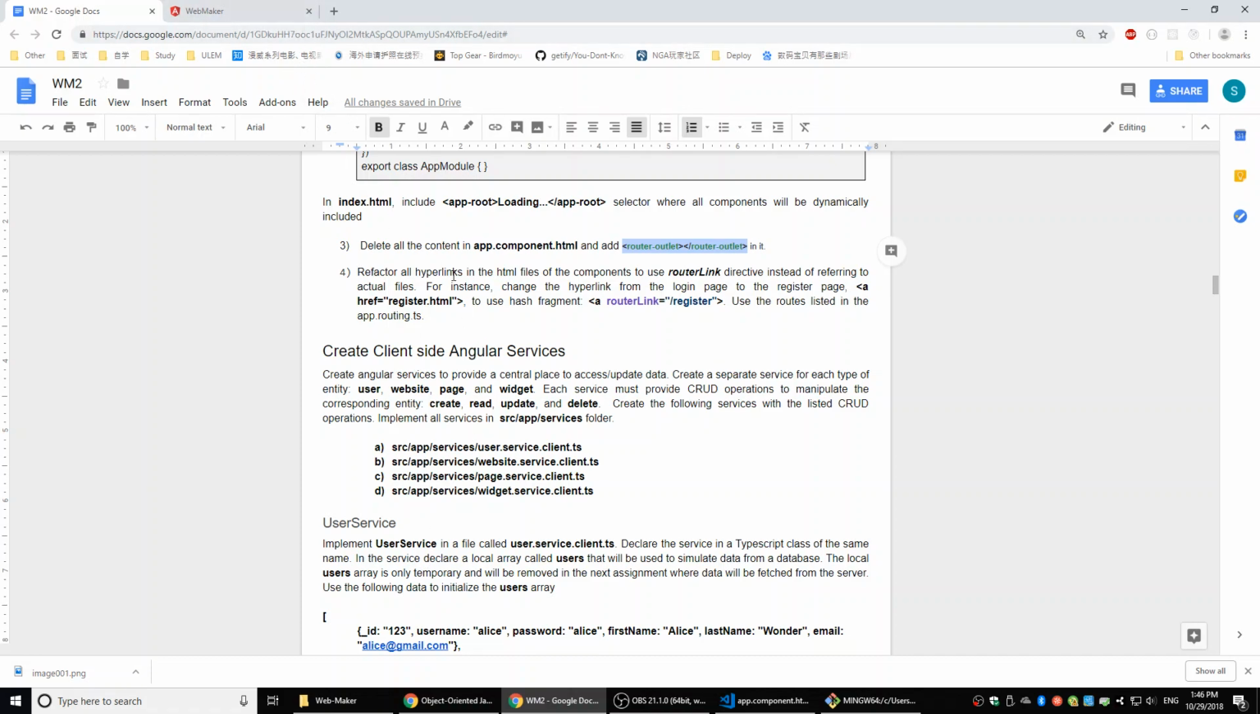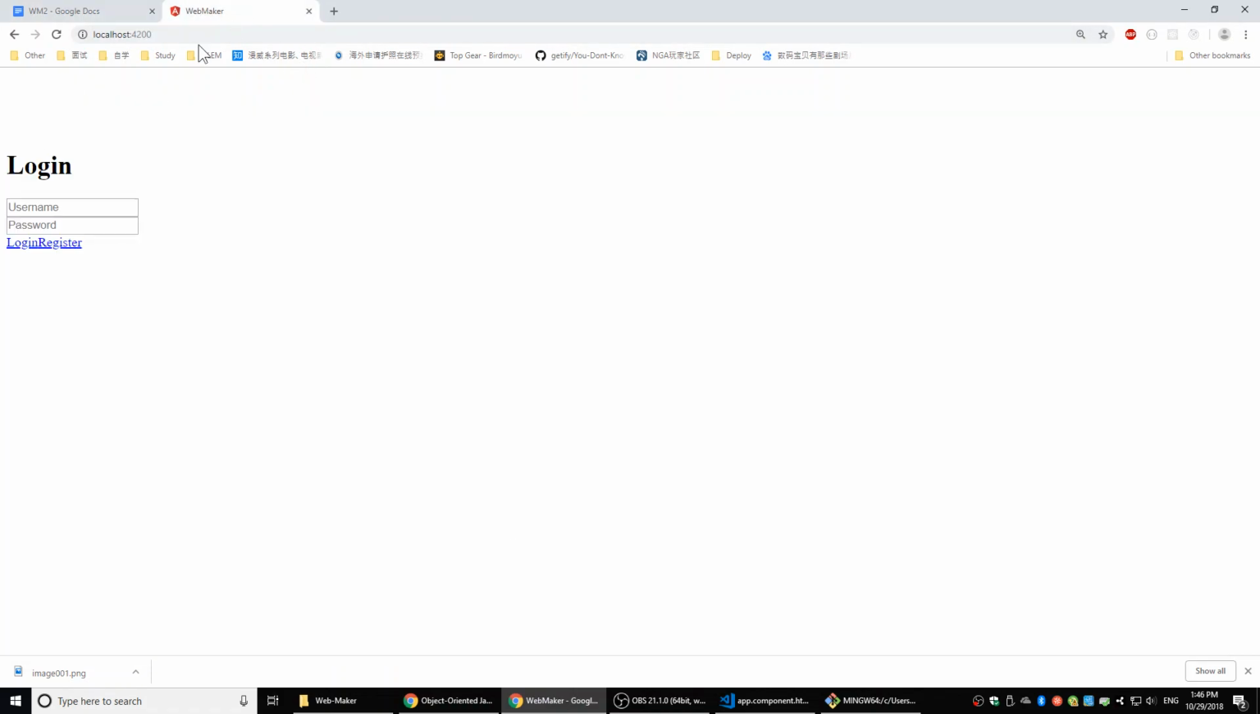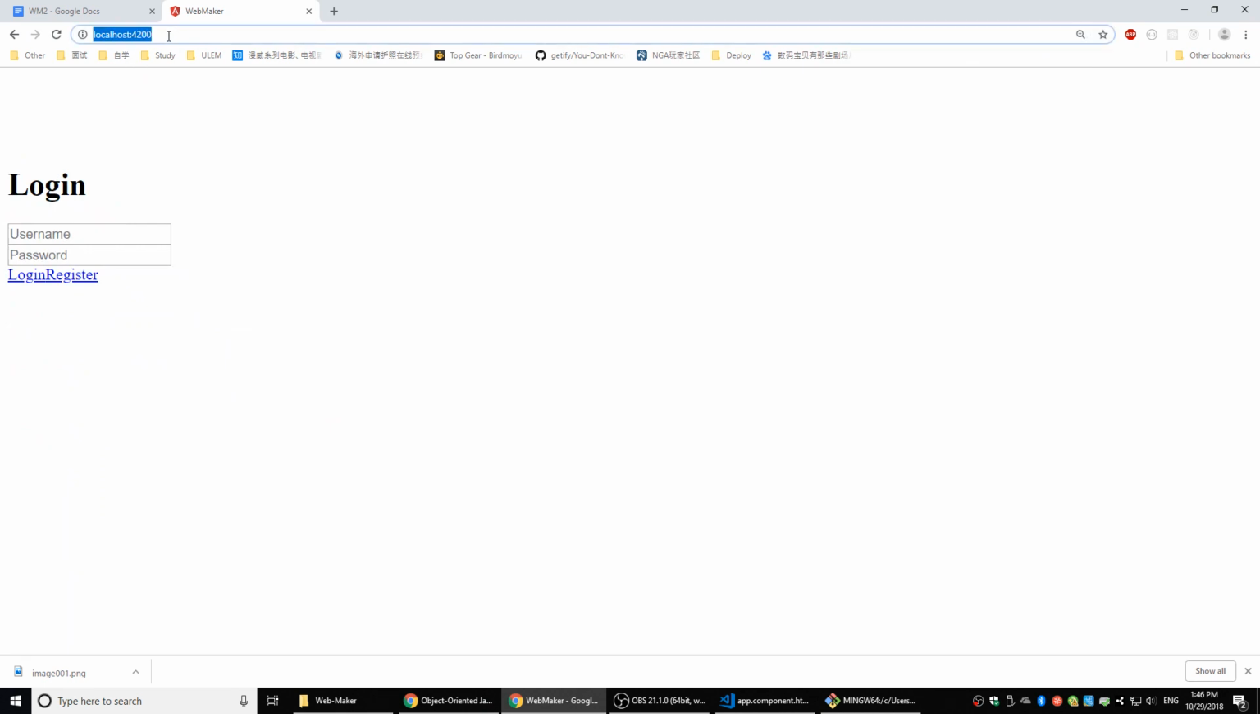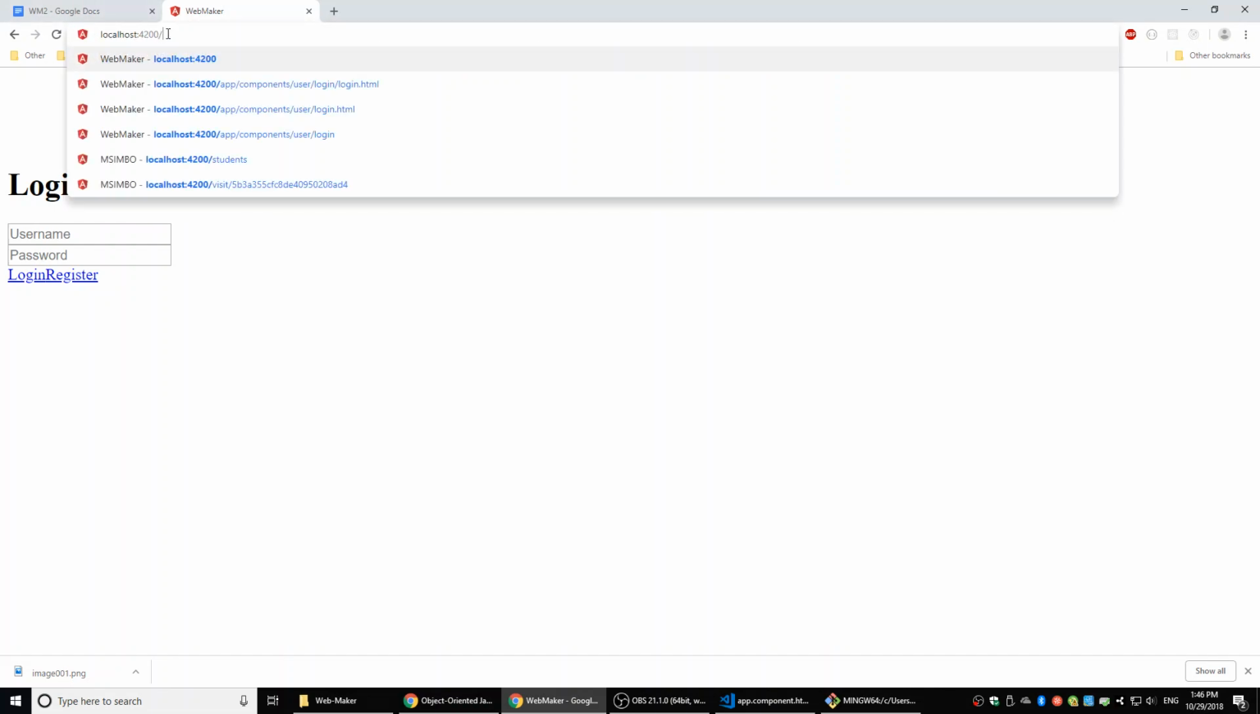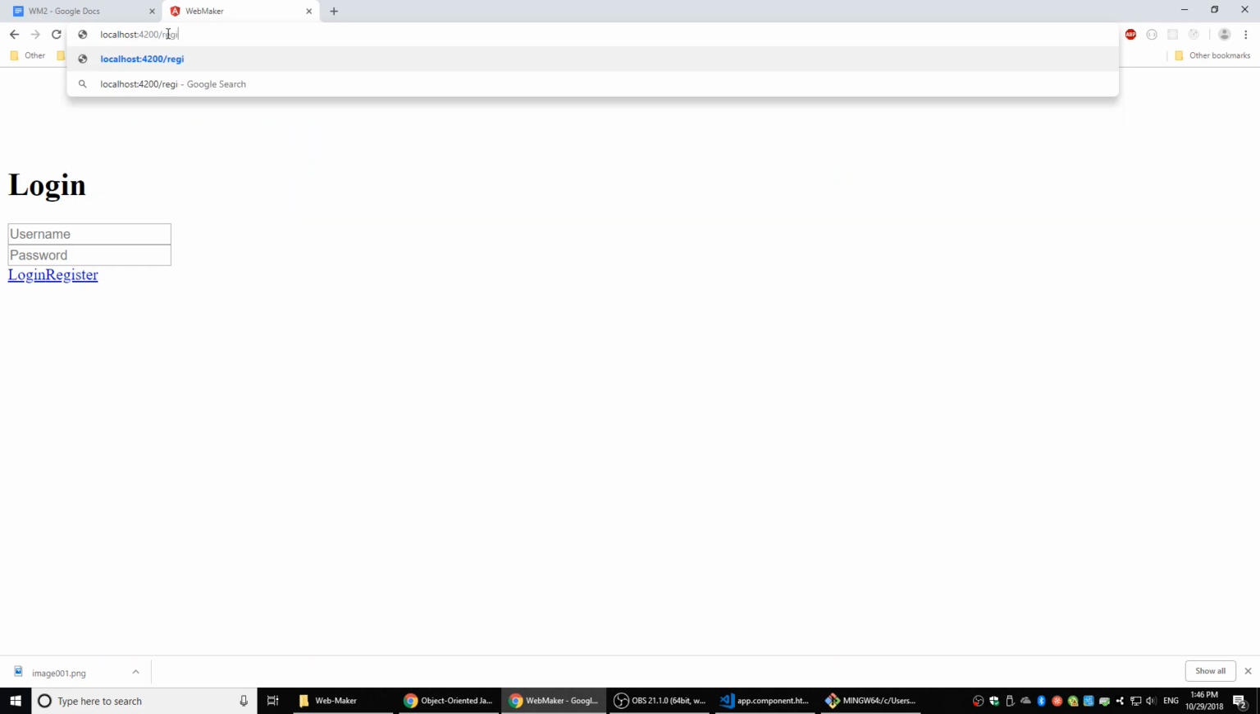One last thing is that it actually works right now, so let's check it. This is my login page. It looks like that because I don't have Bootstrap installed yet, but it's the same as my old one. When I have localhost, it shows my login page. And if I change this URL path by adding /register